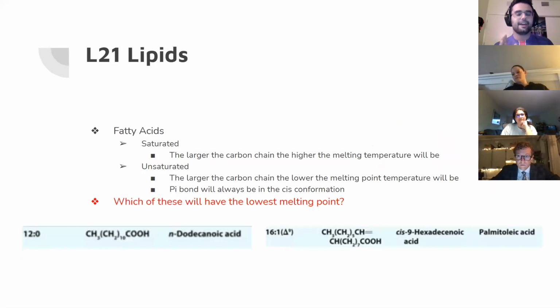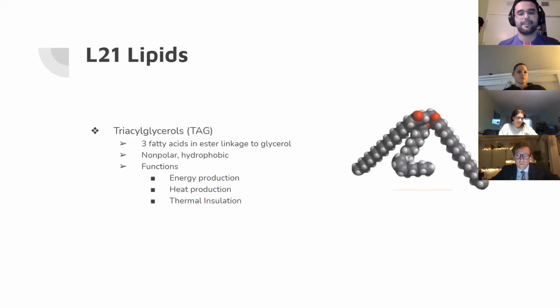Okay, especially because fatty acids are going to be layered on top of each other. If there's a double bond, you're creating a crack in that layer. So it's kind of an integral weakness, and melting point is just a way that we can determine if something's structurally sound or not. If it's a high melting point, it means the bonds are super strong with each other. If it's a low melting point, it means it's not as strong, and that's where these pi bonds come in, because they're like a little crack in the whole structure.